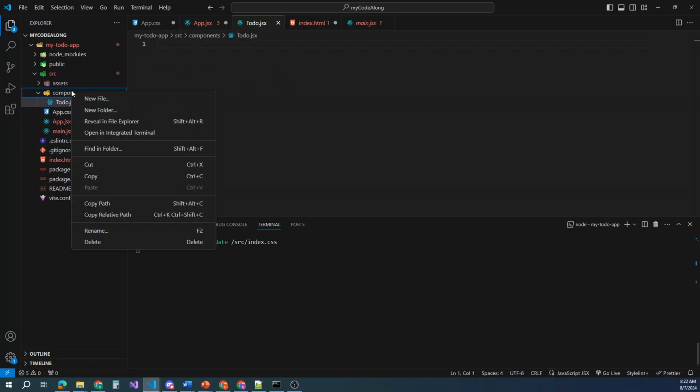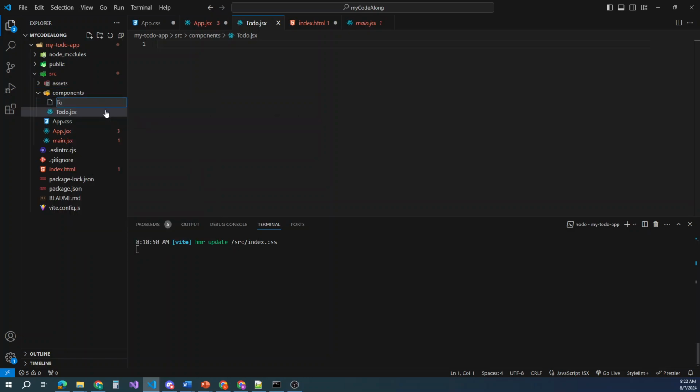The next one we'll do a right click on components again, do new file. We'll call this todoform.jsx. And then finally we'll do one more file, new file in there, and we'll call it todolist.jsx. And again, you should start these out with capital letters, because when they're using the capital letters, you're showing